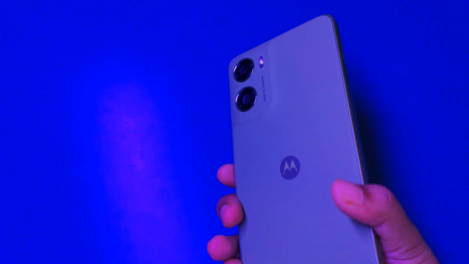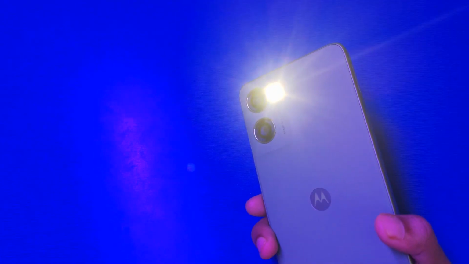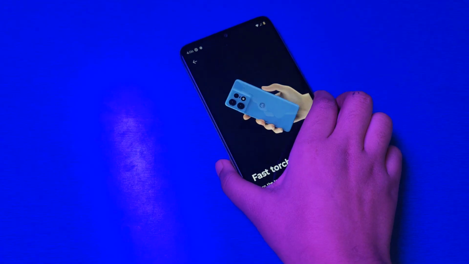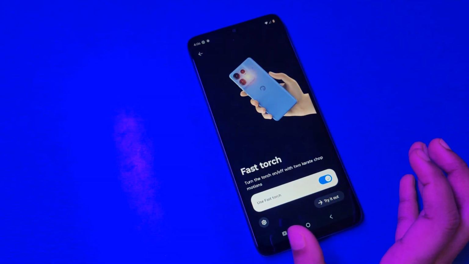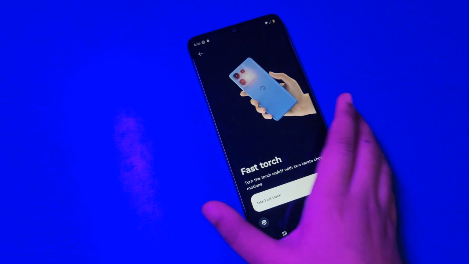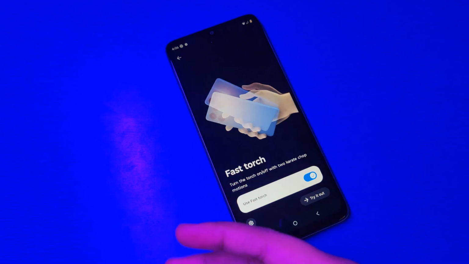After that, you just need to move your phone like this, look at it, and your flashlight has been turned on. And you can even turn off the flashlight by just shaking the phone. So friends, the flashlight instantly turns on even when the phone is locked and asleep. Do the same motions and it turns on and turns off. Okay friends, you just need to turn on and turn off the screen, then you can move on to the next